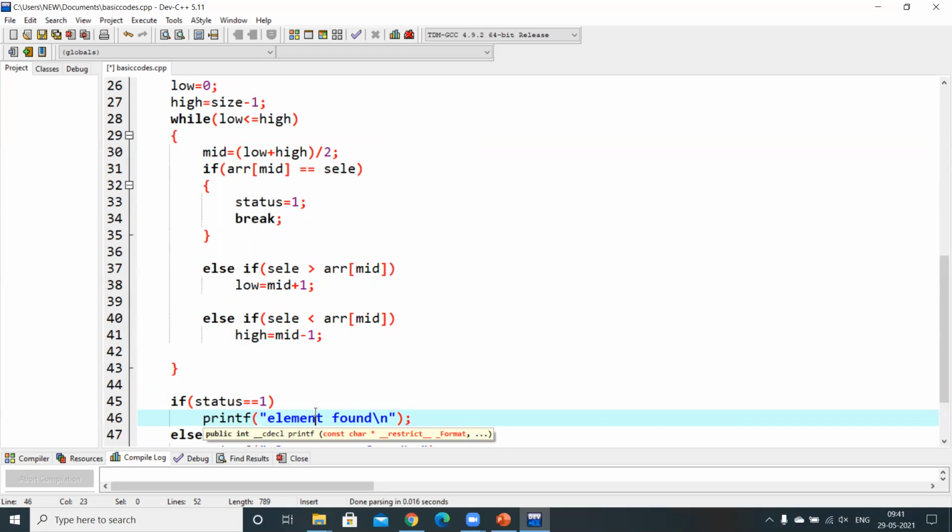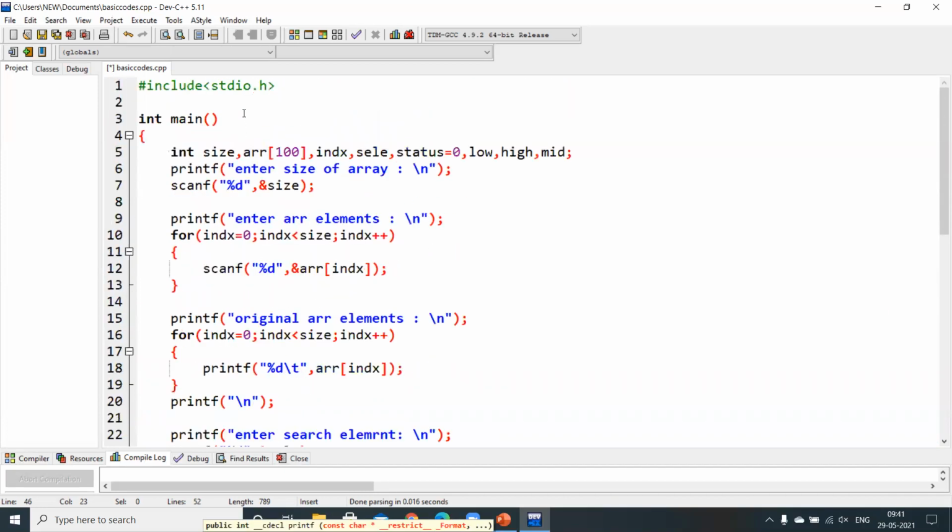Then you need to observe one more point: in order to apply the binary search, the array needs to be sorted, right? Let me apply the selection sort here. Before applying this binary search technique, let me apply the selection sort to the elements available, and then we will continue. Okay, hold a minute.